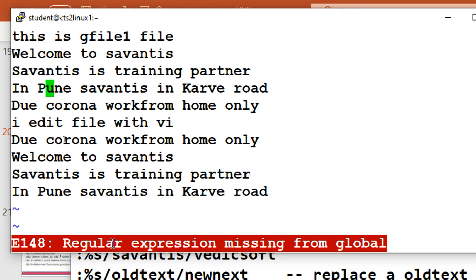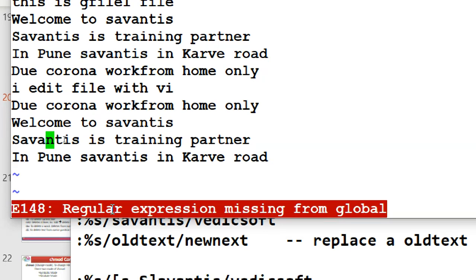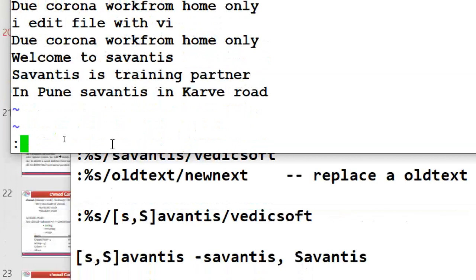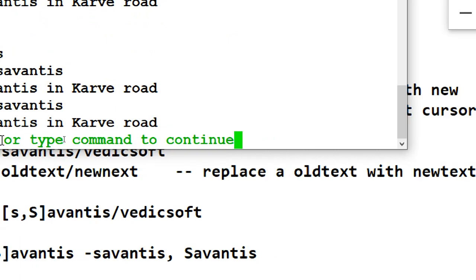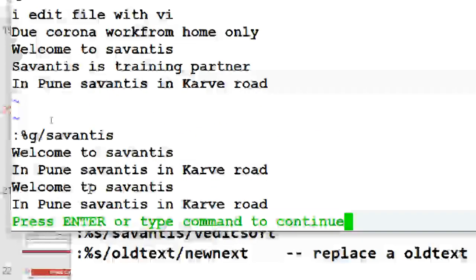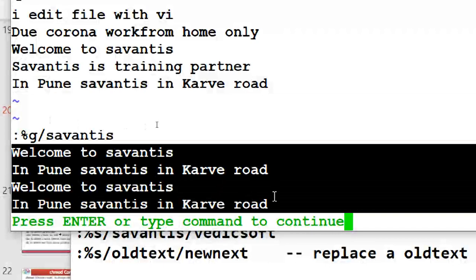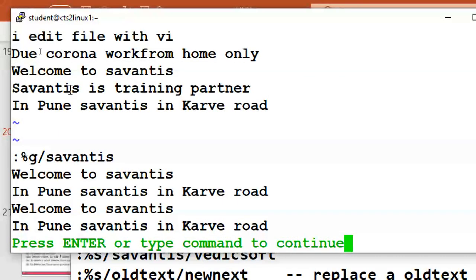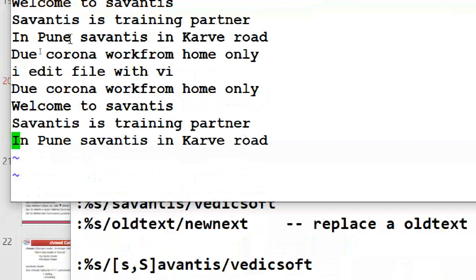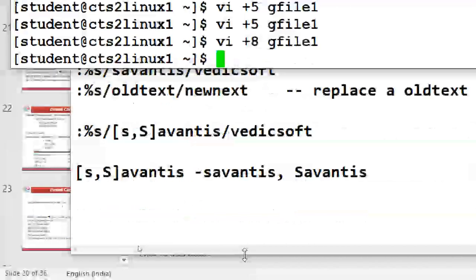So something is missing in here. Actually we can highlight all 70s. All 70s in the text we can also highlight, but it is not showing like that. Percentage G. It depends upon the system whether it works. See, it is displaying those lines, but it is not highlighting. Okay, so here it is.